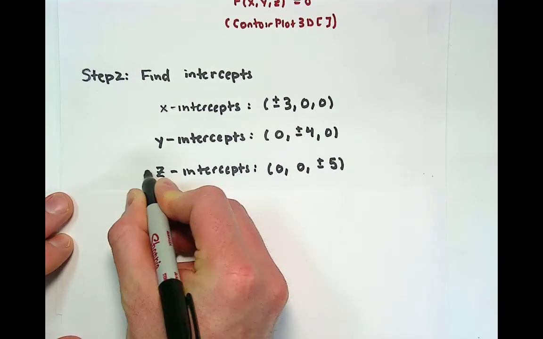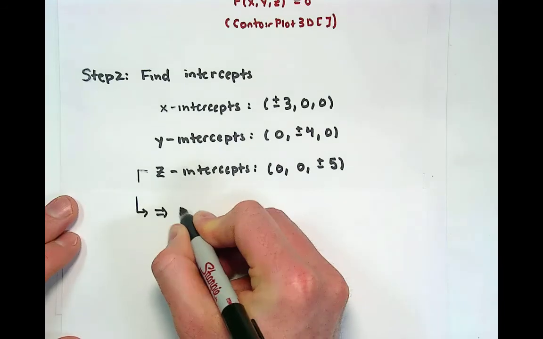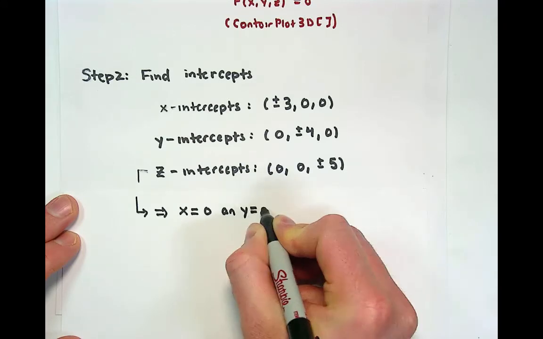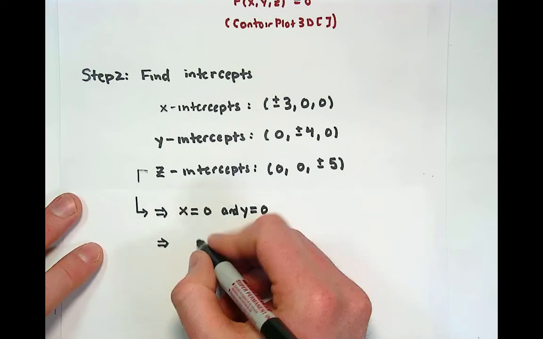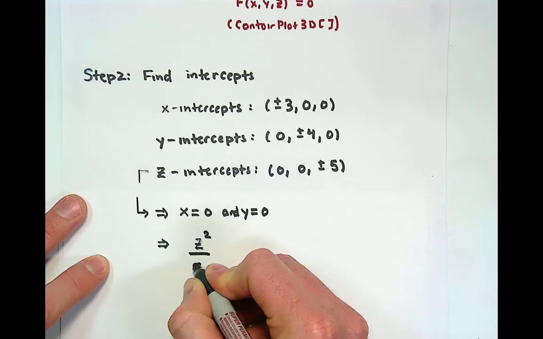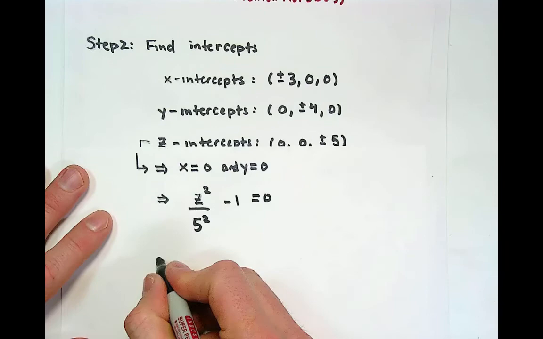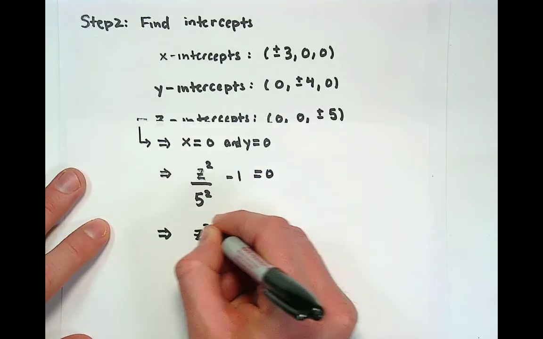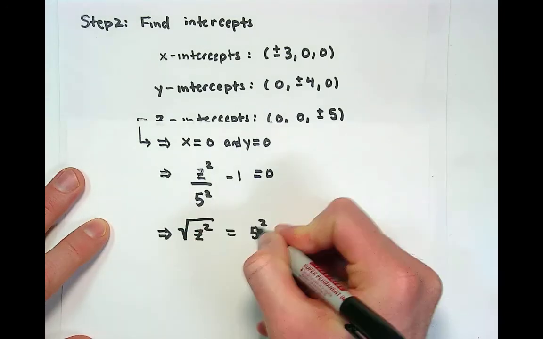Z-intercept would imply that this is happening on the z-axis, which means that x is 0 and y is 0. And this would mean that if we looked at the equation, the x component and the y component would disappear, and we would just have z squared divided by 5 squared minus 1 equals 0. And indeed, we see by the same type of analysis that this would mean that z squared is equal to 5 squared, and then we could do the same square root